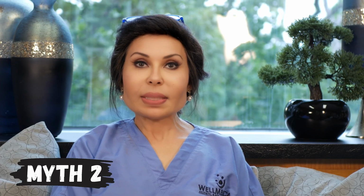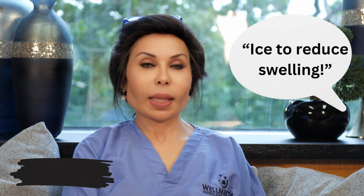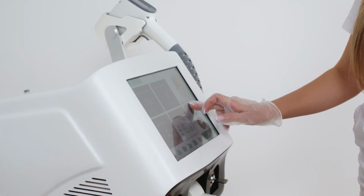Our next myth: you need to ice before, during, and after Botox for purposes of minimizing pain and reducing the chance of bruising. True or false? In my opinion, you should not ice, and the reason is there are studies that show that decreasing the temperature of the skin prior to Botox reduces its effectiveness and its longevity. When we do ice is if someone is scheduled for an energy-based device treatment on the same day, because that usually will warm up your skin, and we want to bring that skin down to a normal skin temperature before doing the Botox. So in that case, I will ice,